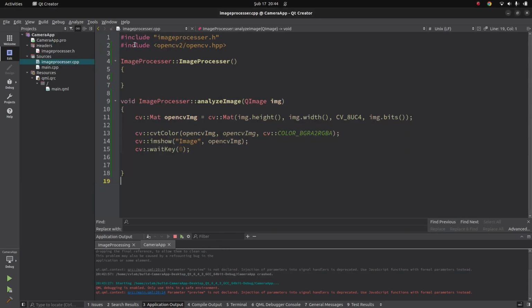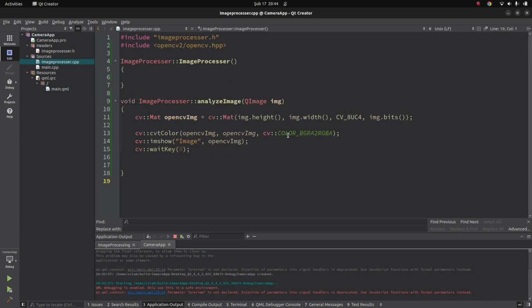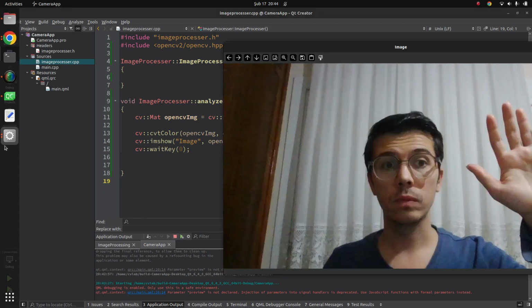But if you use this QML camera tool just for streaming, this is the safest way if you are using QML, because this is already embedded in the backend side. So this is very safe to use. You don't need to worry about the pipelines and other kinds of things. You already get your camera very safely, and you can send the images easily to your backend. This is just for image analyzing, by the way, and you can easily get the things you need. So I just wanted to show you in this video how to do this,